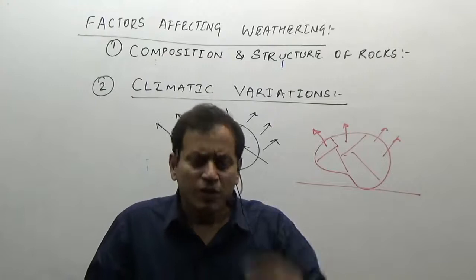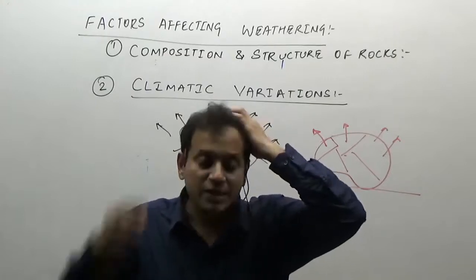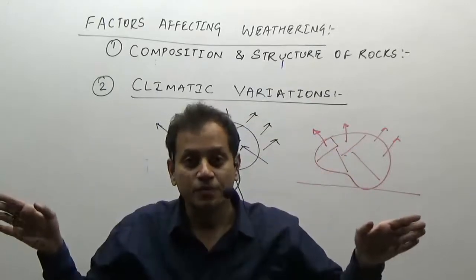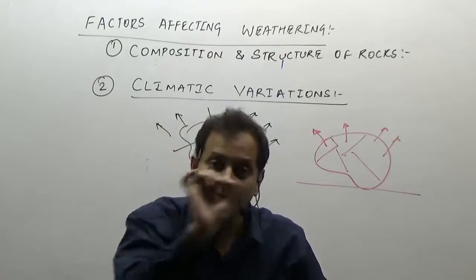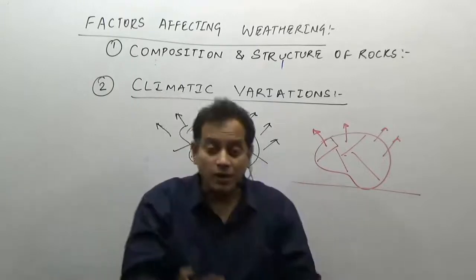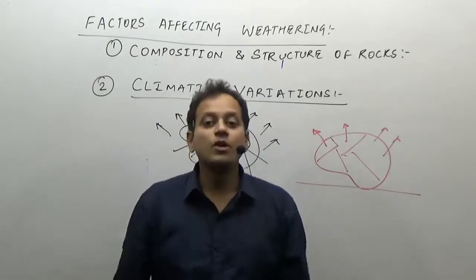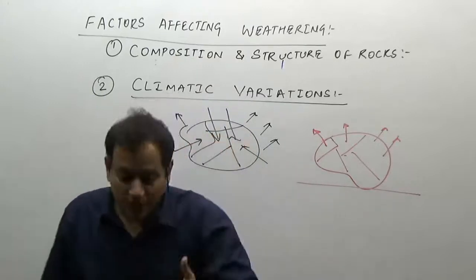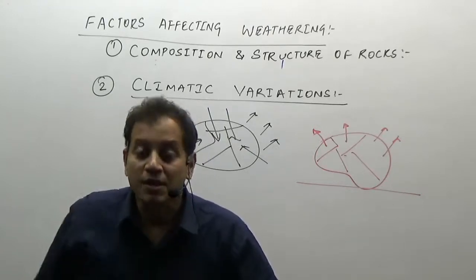Now, chemical weathering is a weathering which involves water. So can we say that chemical weathering is nearly absent in the desert regions? In the desert regions, where the wind is one of the major factors, mechanical weathering dominates. Can we say this? Is there water in the desert? What is a desert? Desert is a region where there is no water. So we can say the climatic variations mean that mechanical weathering dominates in the arid or desert regions, while